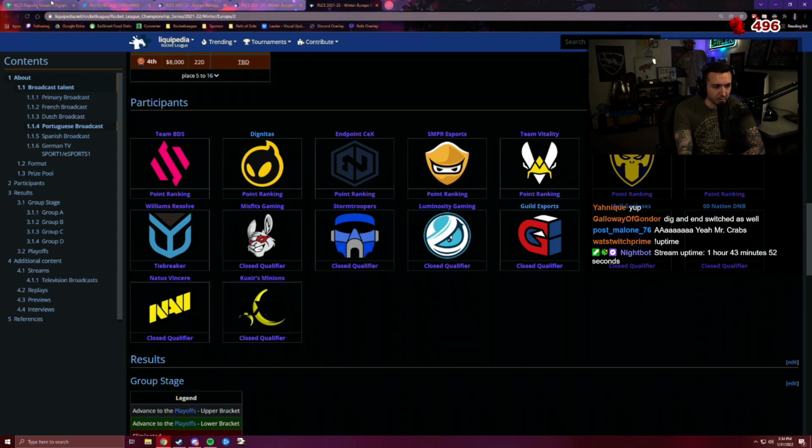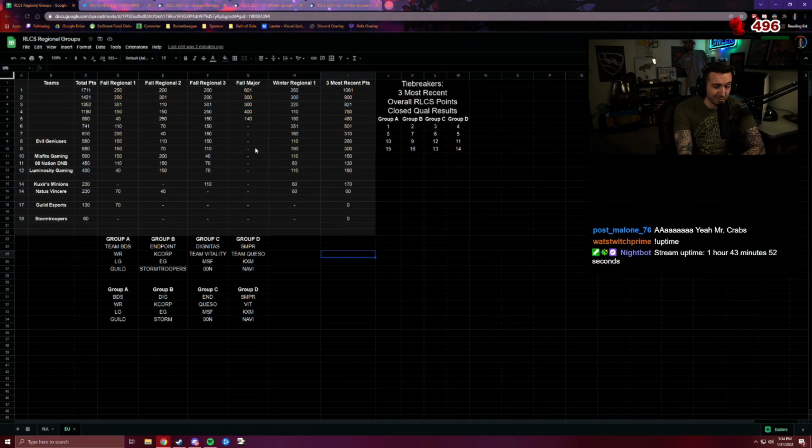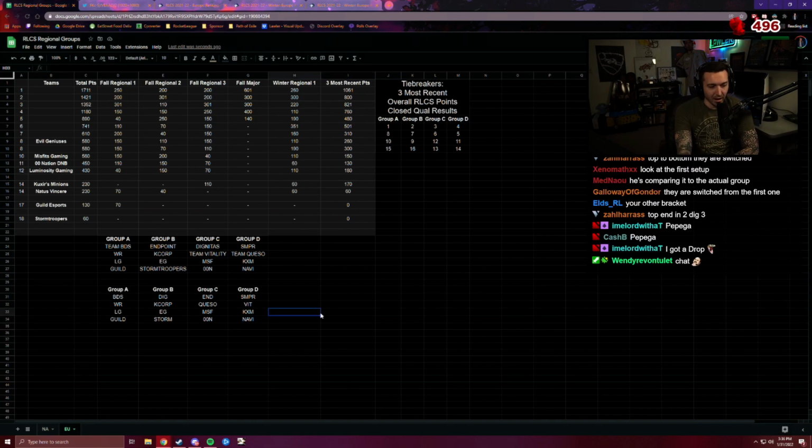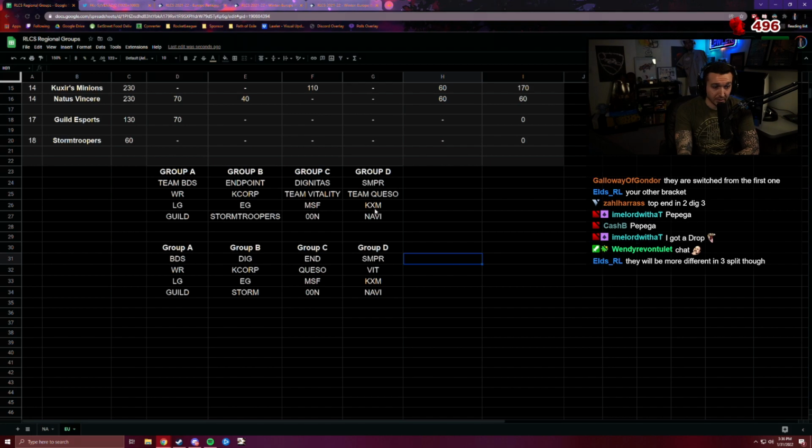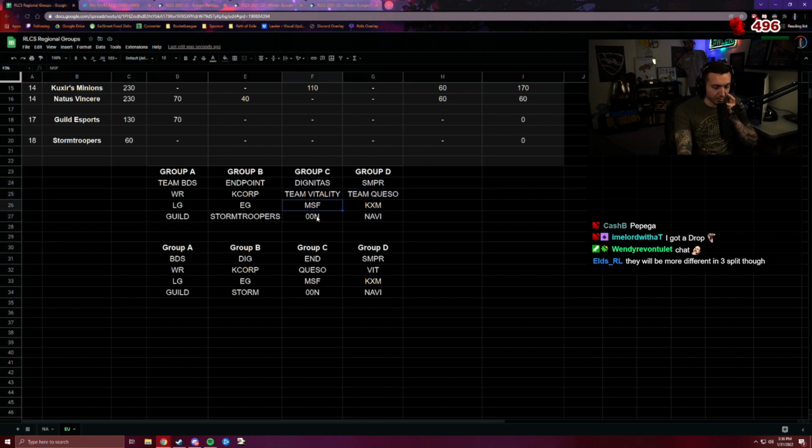But realistically, it doesn't change too much, does it? It changes 2 teams around. That's it. Will that have an everlasting effect? If we were to do predictions briefly, it definitely changes here a lot. Queso, I think, adds more than Vitality does. This group, I think Misfits has a better chance to take 2nd overall than Vitality. So like, it definitely changes some things for sure.